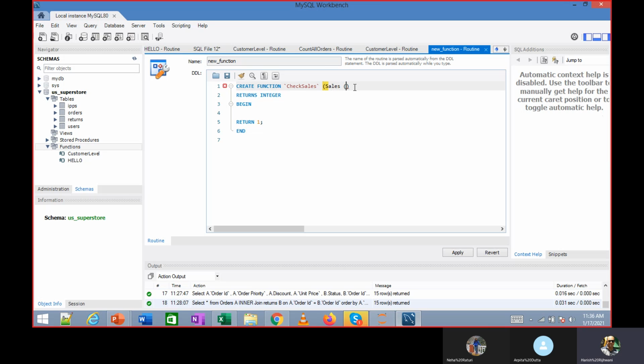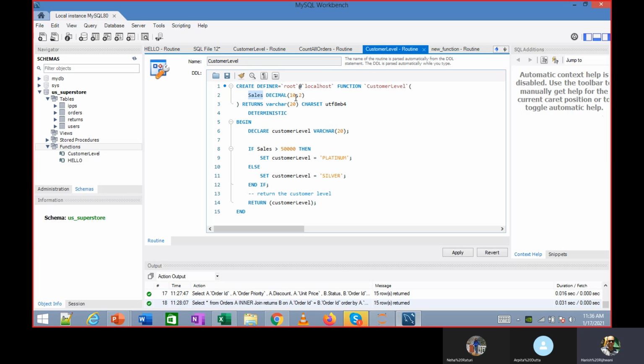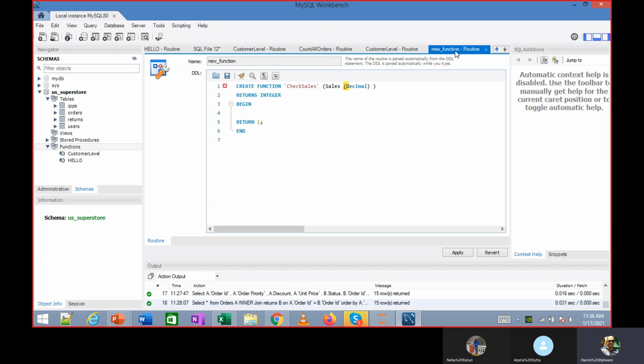I need to define what it is, in the sense integer or decimal. So decimal 10 comma 2. I don't need the bracket over here. It will take this value as sales.